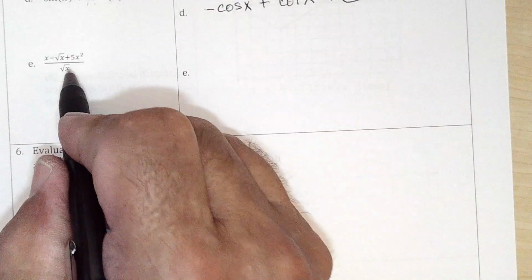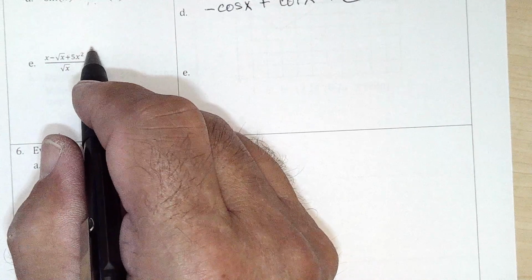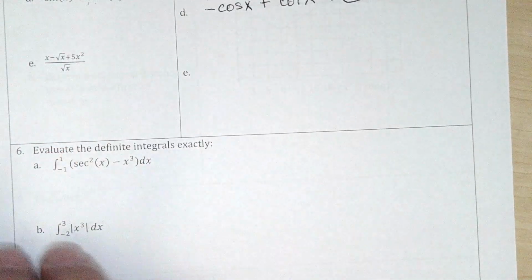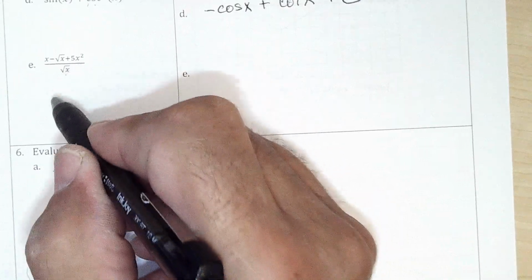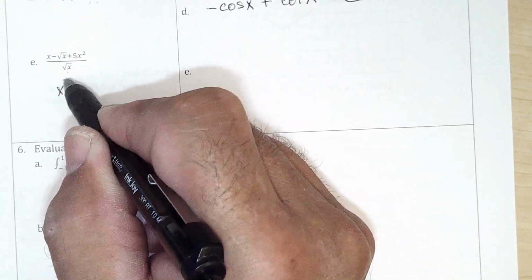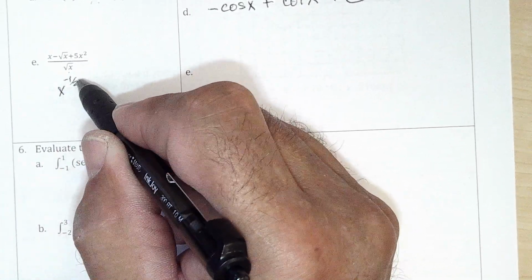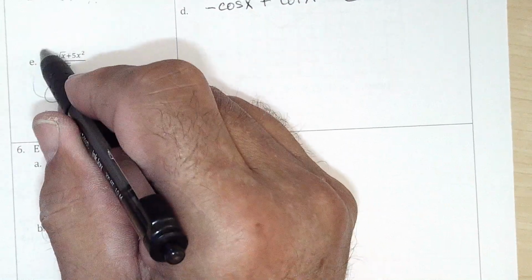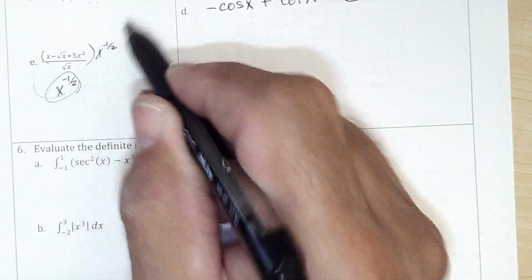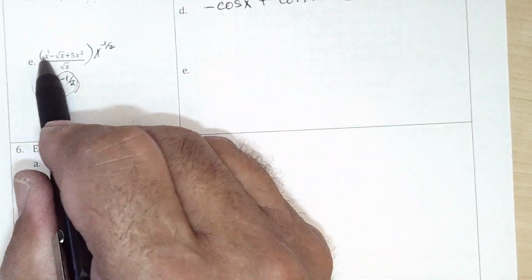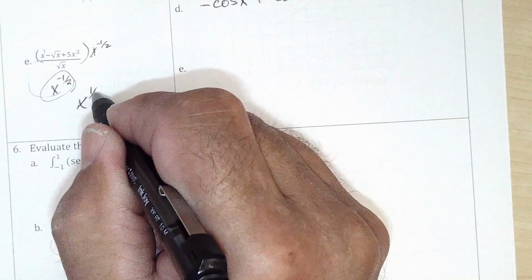And finally, we have x. I'll take that later. I've got x to the minus 1/2. So I'm going to take this all times x to the minus 1/2. And when you multiply, you add the exponents. So we get x to the 1/2